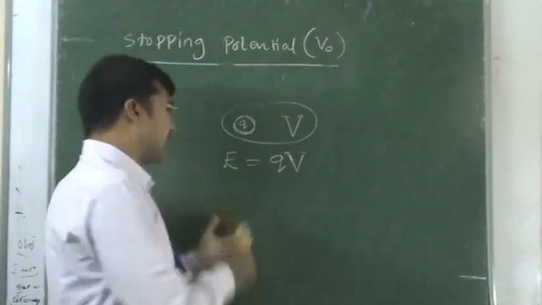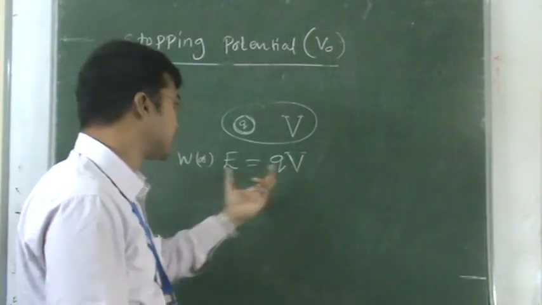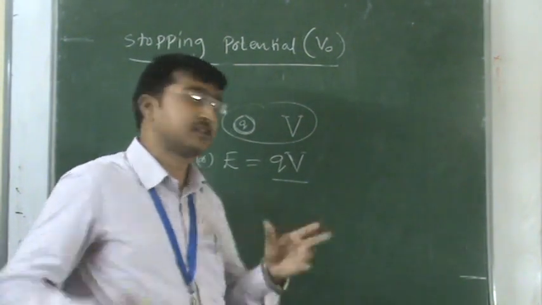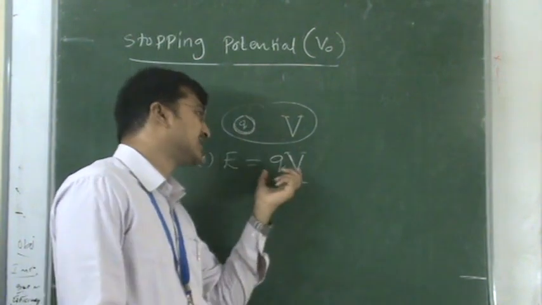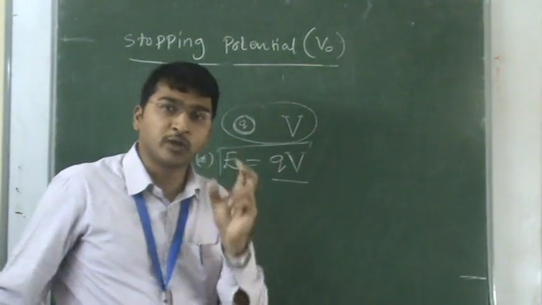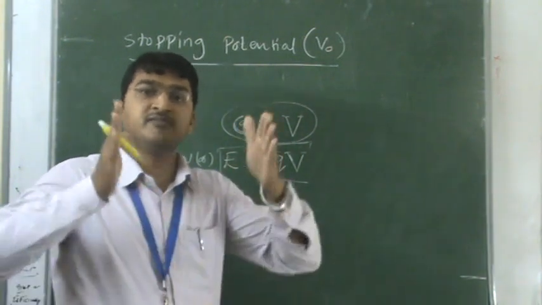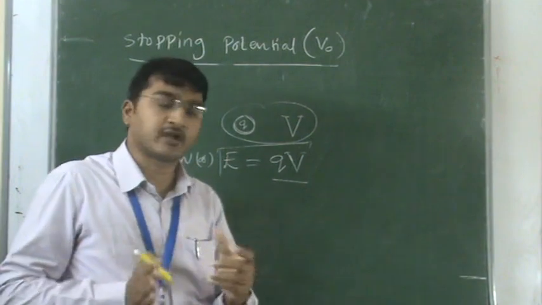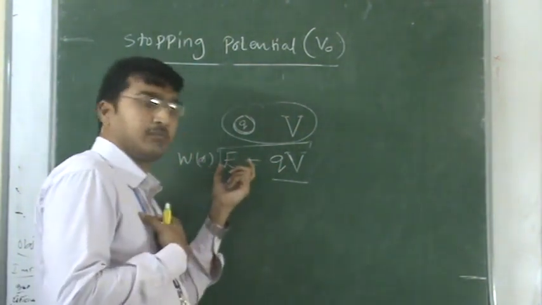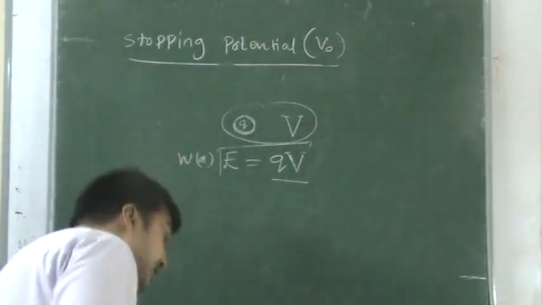So this we also call work done. As we know, work done and energy are almost equal. So the work done by the charge due to the potential difference V is QV. This term will come in electronics, so better to remember it. When the Q amount of charge is accelerating because of potential difference V, the work done by the charge, or the energy acquired by the charge, is nothing but QV. Okay, now coming to our point.